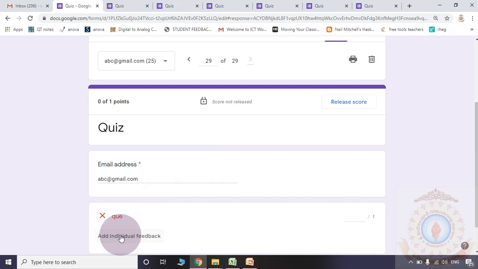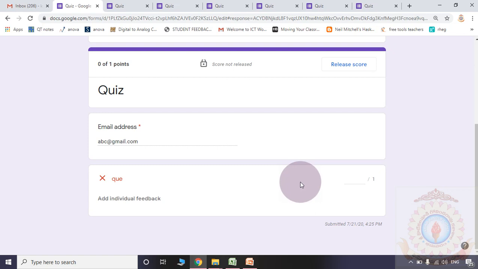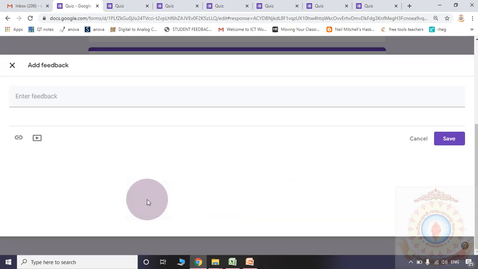Here we may add individual feedback, and we are supposed to release the score after giving the particular grade or points. The add individual feedback option is there.